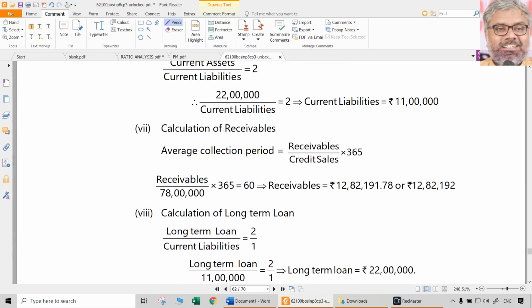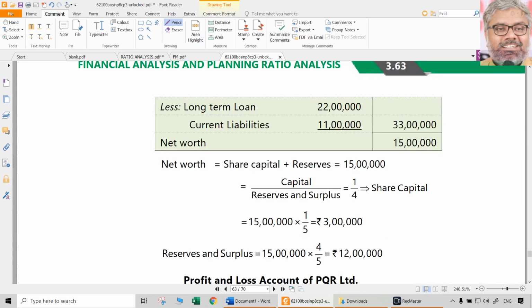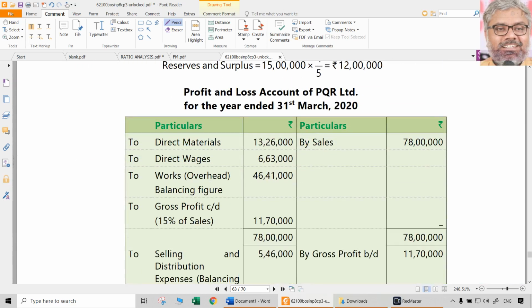Okay. Here they have taken 365 days and naturally the amounts are all messed up, you see. It will be like that. Better not to do that. We better take 360 days. Automatically things will be easier.